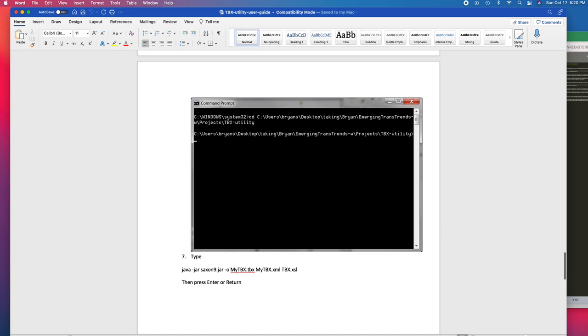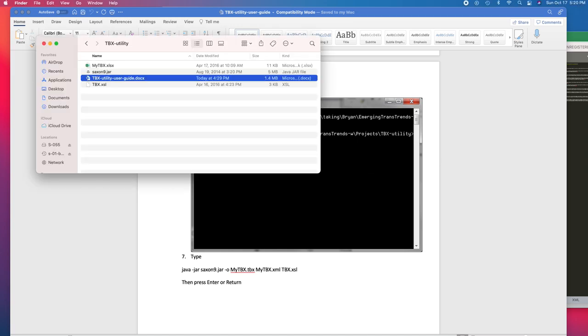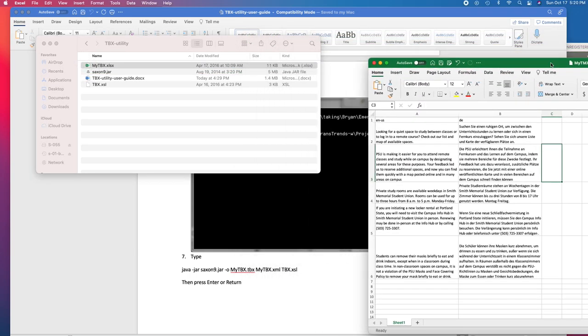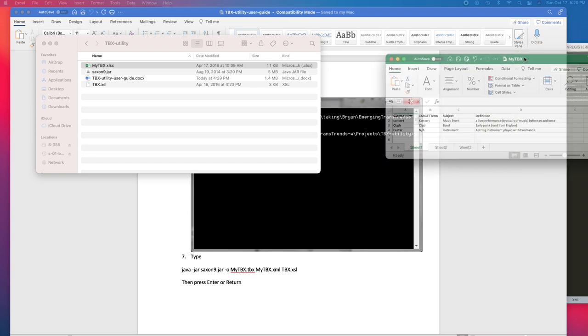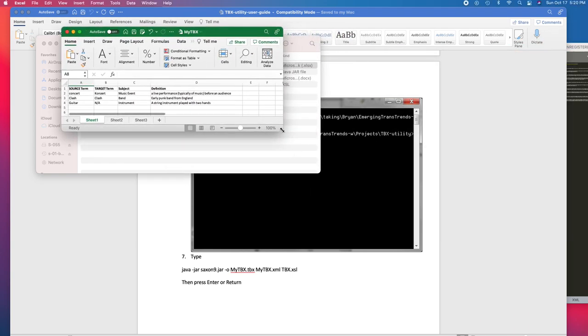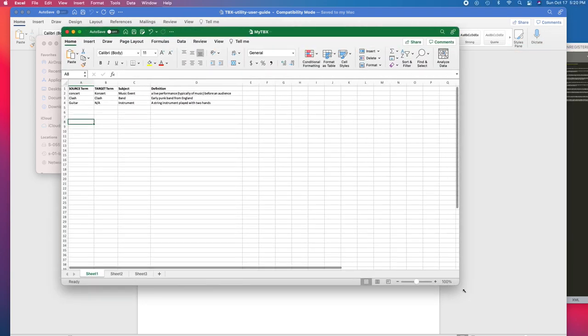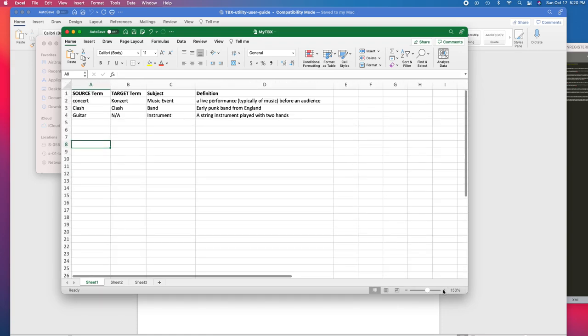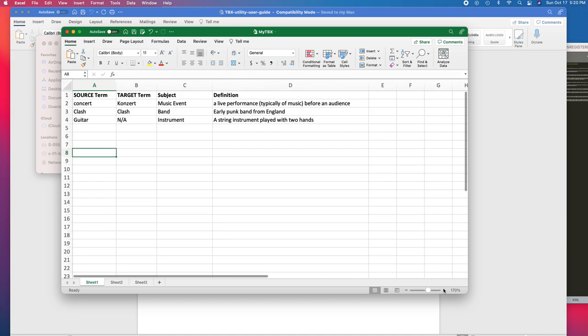So I'm going to go back into my window, and I'm going to open this spreadsheet. That's our TMX one, but let's go into this TBX. So there are already some examples there for us. I'm going to make this a little bit bigger so we can see that. And then I'm going to go back to my PSU website,